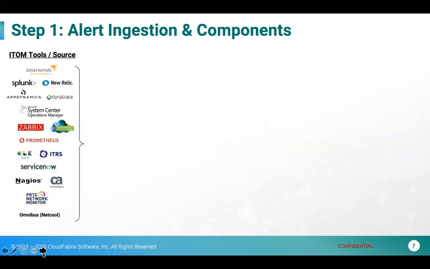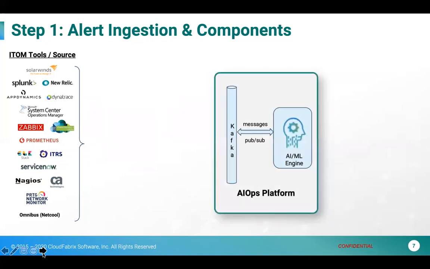So as we said, instead of having these alerts going directly into your ticketing or notification system, you need to send that into your AIOps platform. If you look at it, the left is the common monitoring tools, either metrics or log monitoring tools you typically encounter in most enterprises. Oftentimes people will have multiple of them, which adds complexity. And you need to route them to your AIOps platform. And how do you do it?